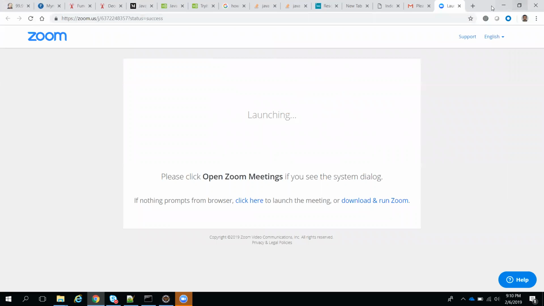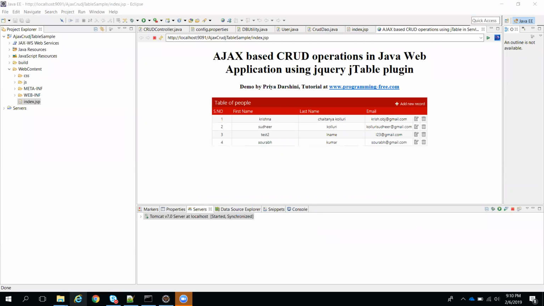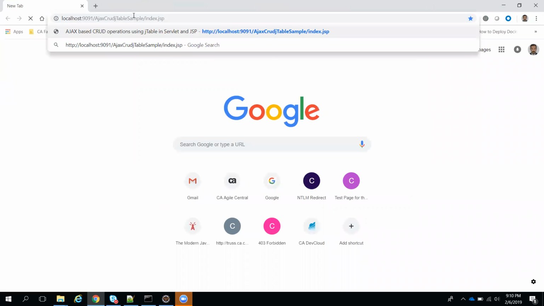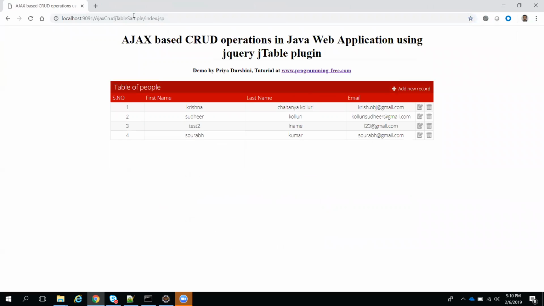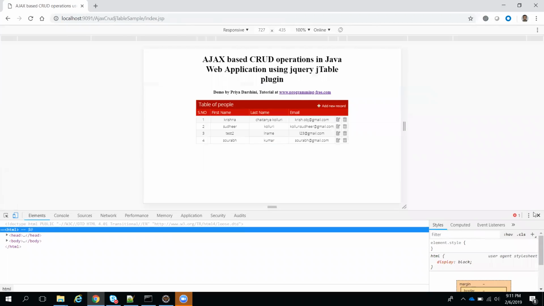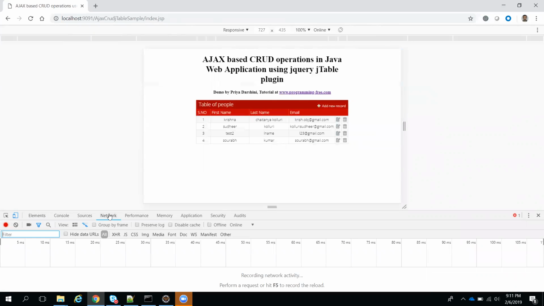Okay, so for that we'll close all this. I will open a fresh browser and copy the same URL here. You got this data, right? So inspect element, you guys know, right? Because this data is coming as an Ajax call. You remember this is JSON data only that we are showing here. To check that, there is a network tab. Okay, I will refresh this data.